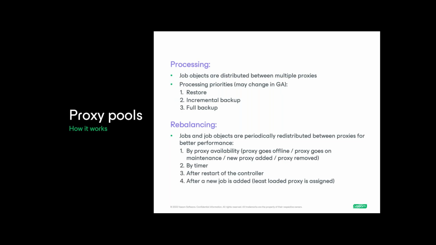Rebalancing. So this is the kind of replay that we were talking about with the messaging queue. It gives us that ability for a high availability function. So if we have a proxy pool, say for example with 3 proxies, and for some reason one of them goes offline during a job, we can automatically replay those messages to the other proxies and rebalance for any messages that weren't